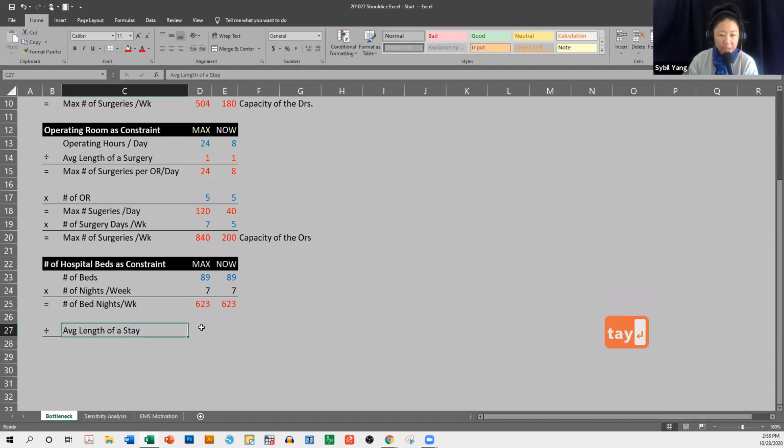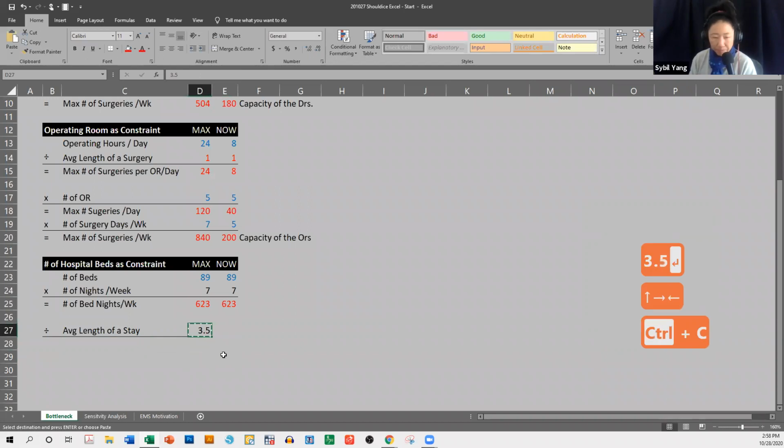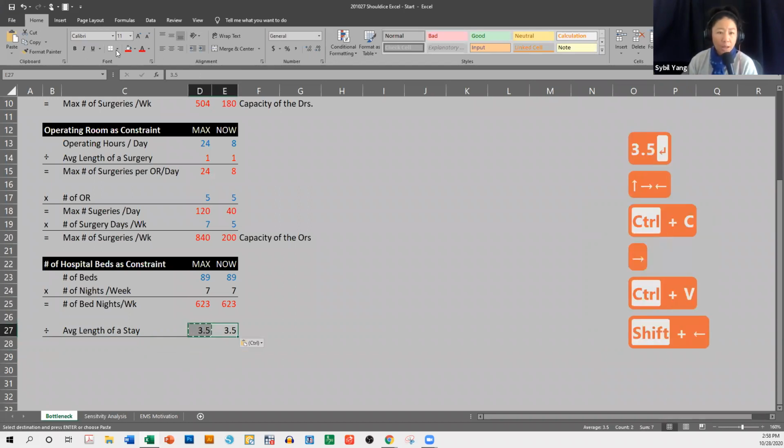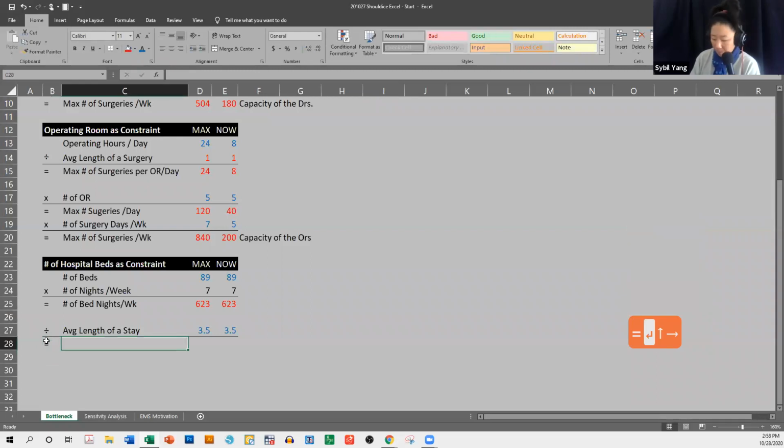Average length of stay. The case isn't super specific about this, but it did mention that some patients stay 3 nights, some stay 4. So I'm going to put 3.5 just to split the difference here. And I'm going to make this an assumption because we don't know. Divided by the average length of stay equals